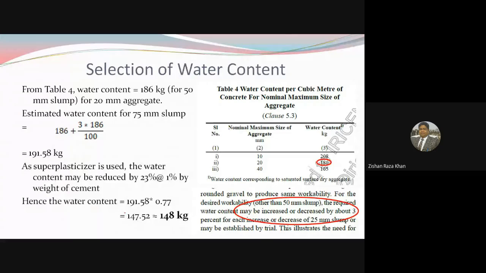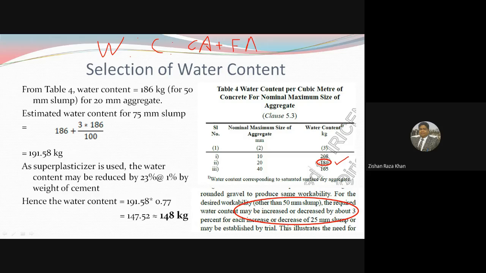Now, from Table 4, what is the water content? The nominal maximum size of aggregate is 20 mm. So the water content per cubic meter of concrete for the nominal maximum size of aggregate is fixed first. For 20 mm aggregate, it is limited to 186 kilograms. Again, for mix design, what do we need? We need water, cement, coarse aggregate, and fine aggregate,